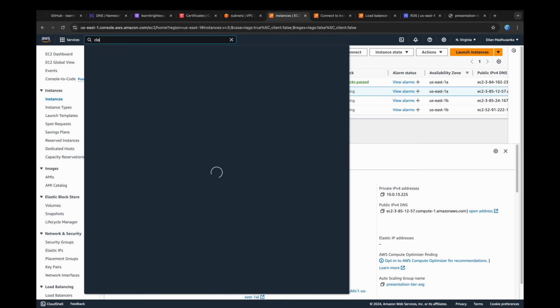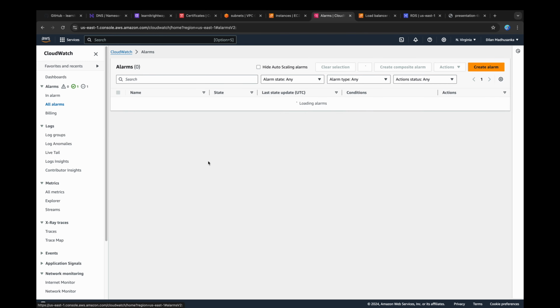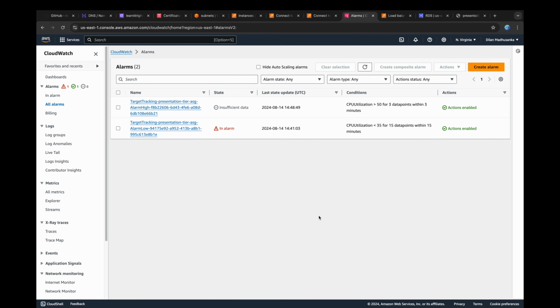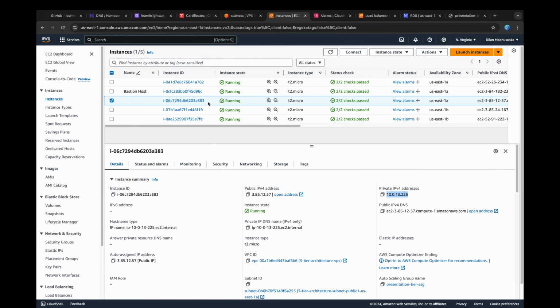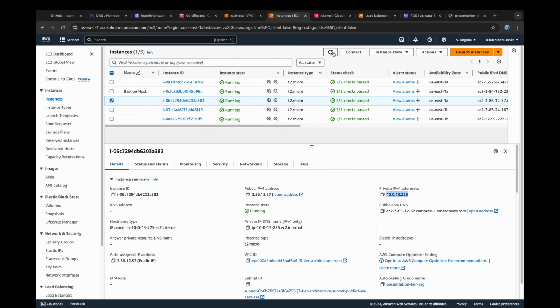Next, navigate to the CloudWatch console and check the alarms. You should notice that the alarm high has been triggered, indicating high CPU utilization. This alarm will initiate a scaling activity within our auto-scaling group, causing it to scale out by launching a new EC2 instance. As expected, I can see that a new EC2 instance is already up and running, confirming that the